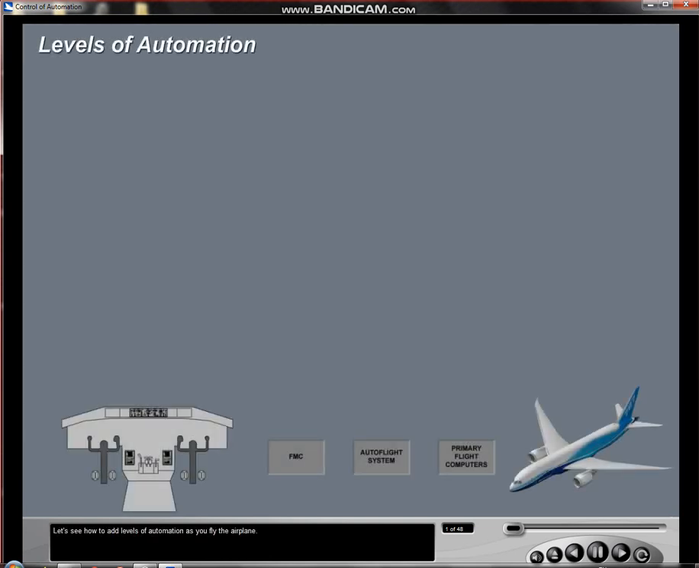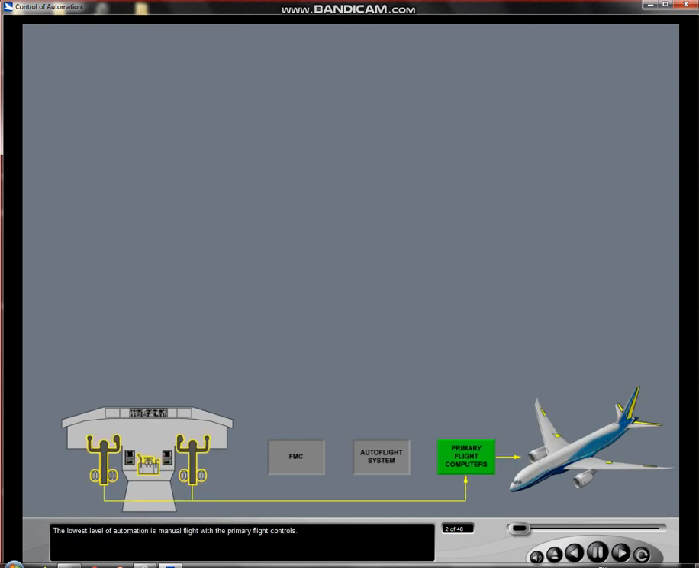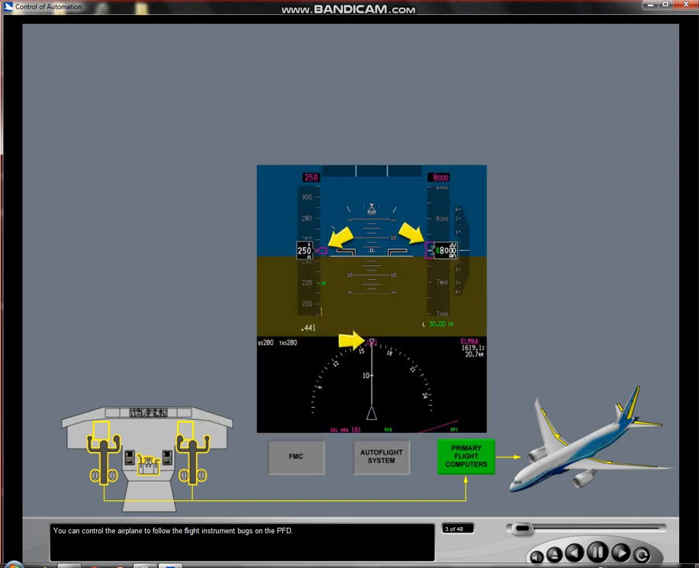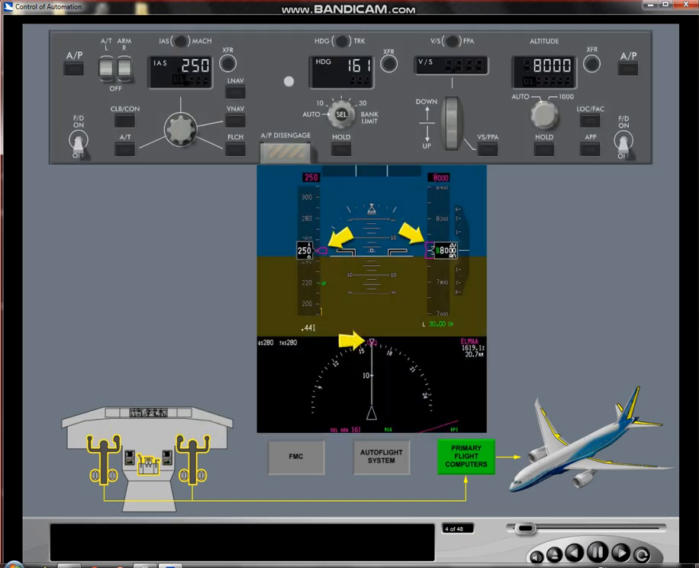Let's see how to add levels of automation as you fly the airplane. The lowest level of automation is manual flight with the primary flight controls. You can control the airplane to follow the flight instrument bugs on the PFD. The MCP is used to set the PFD bugs. If you follow all the bugs, the PFD and MCP will look like this: